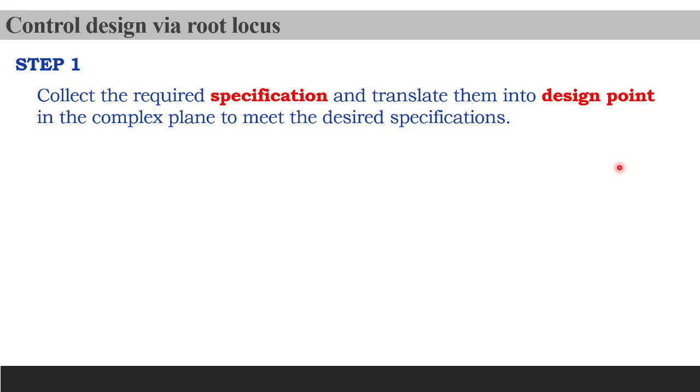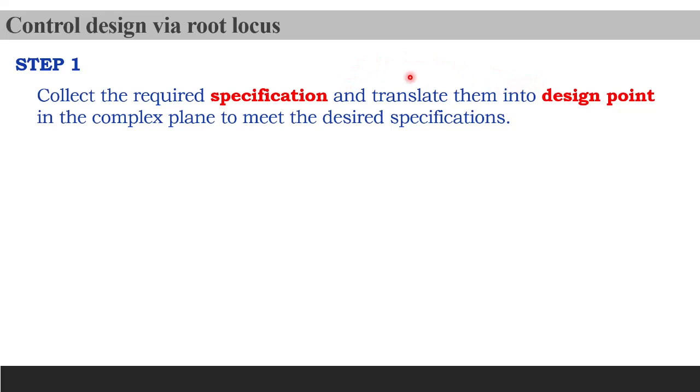that collect all the required specifications and translate them into a design point in the complex plane to meet the desired specification. So there are two key terms here, which is the specification. So what is this specification? Number one, and translate them into a design point. So what is a design point? So actually, this specification and design point are actually